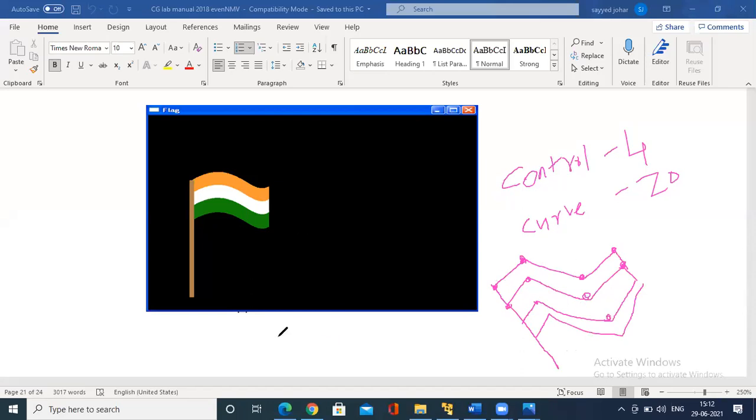If I draw like this, I hope the screen is visible to all of you. I request you not to put the attendance as of now. First hear the session, then you can do it. If this is a curve that is drawn, one curve, I'm redrawing above this. In this one, I can identify one control point here, one control point here, another control point over here, and another control point. So how many control points? We have 4 control points. You have to note down the x axis, y axis of each of these.